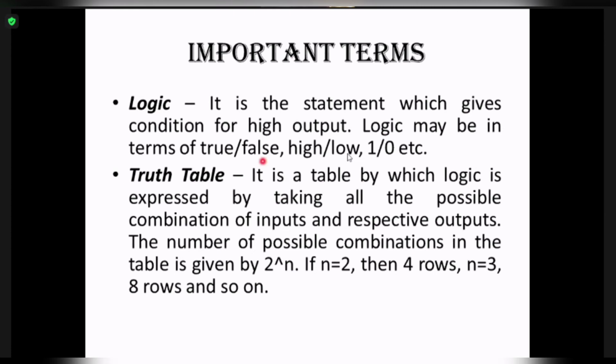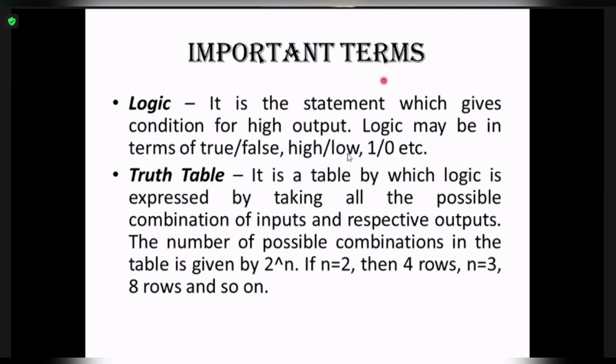Another term that you will come across, not this year but in the next year, is enable, disable, right? So when I say enable, it means it is 1. When I say disable, it means it is 0, right? So for digital circuits, the logic can be represented either in terms of true or false, as high or low, or as 1 or 0. And as I said, 1 means high, 0 means low. 1 means true, 0 means false, right?